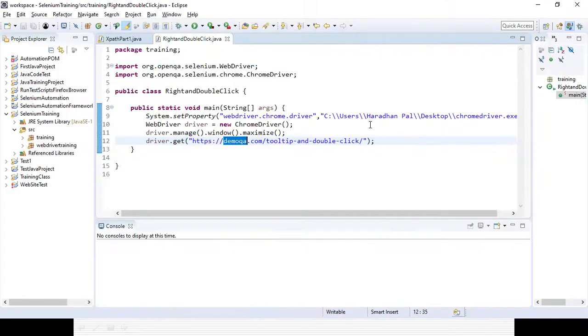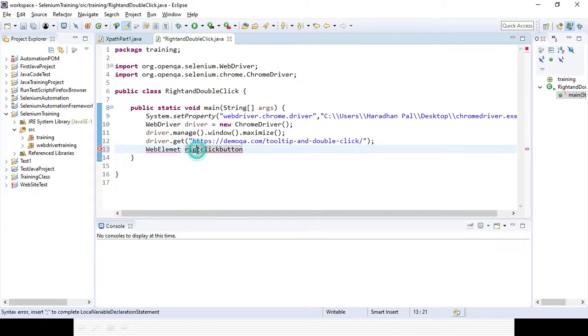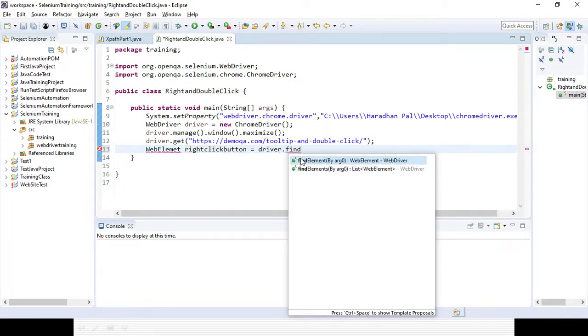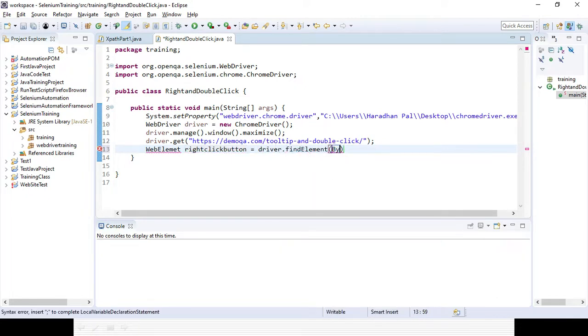So I need to create a WebElement. The WebElement name I am giving as rightClickButton, where I am passing the reference equal to driver.findElement and then By.id.